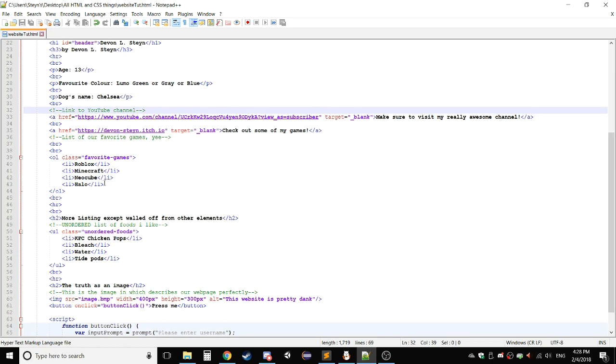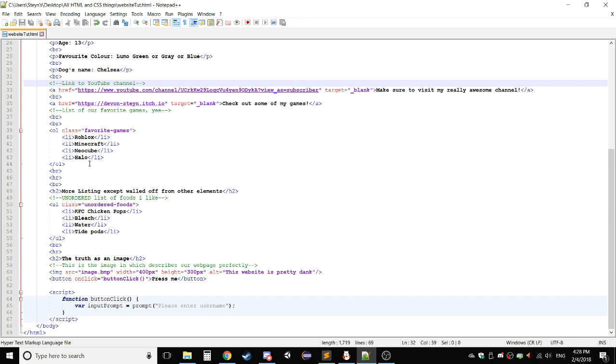We've listed our favorite games from top to bottom. We've listed our favorite foods. We've done images. We've changed the width and the height and stuff. We've made a button that calls a JavaScript function whenever we press it, and we end off our HTML tag